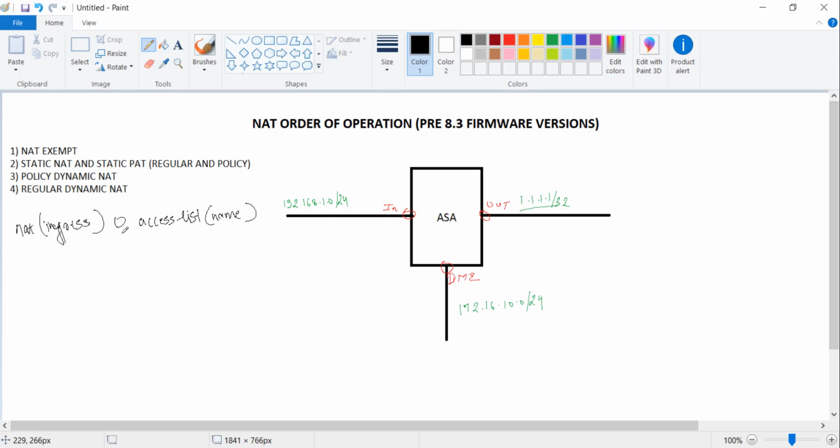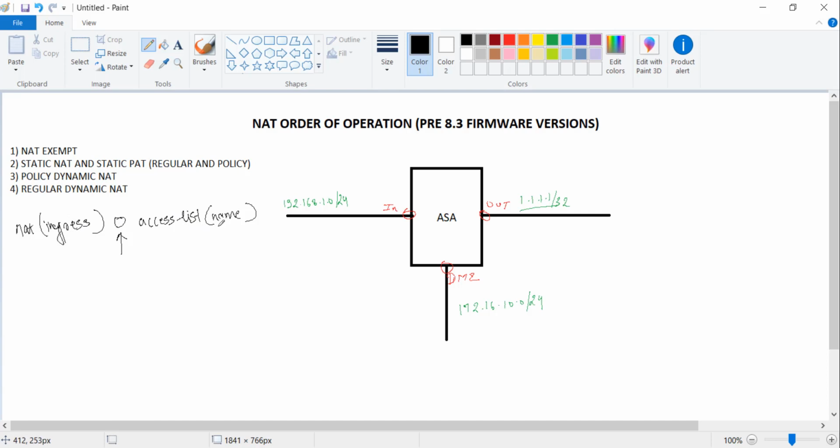Now if you look closely over here, 0 stands for NAT exempt. When you apply a NAT statement and you define the sequence number as 0, that means that it is meant for exemption purpose. Anything that you would be defining in the access list, for example, you define an access list,